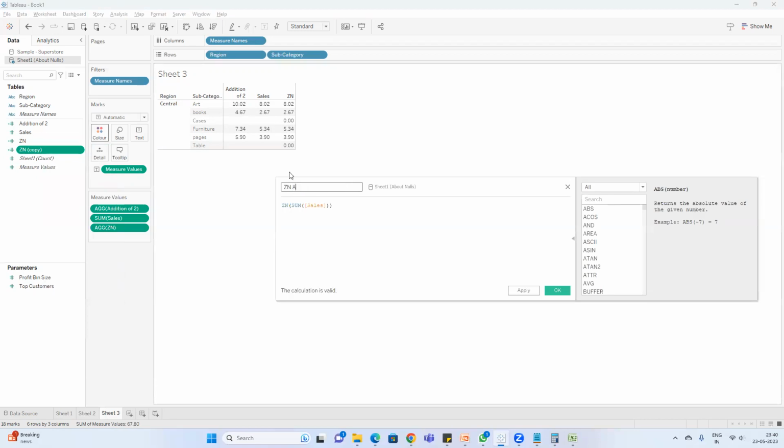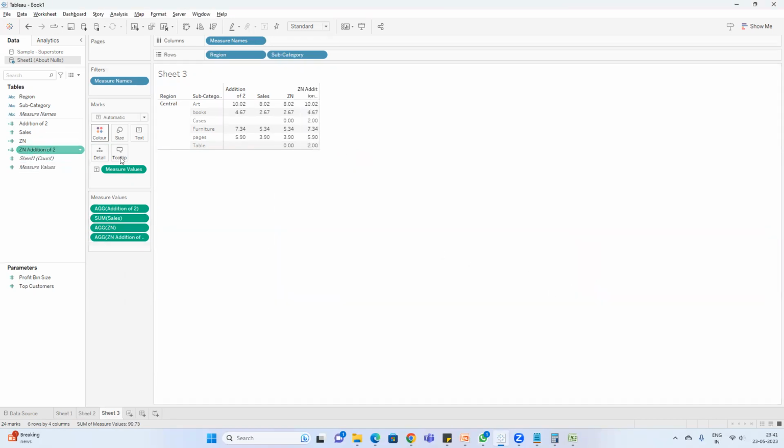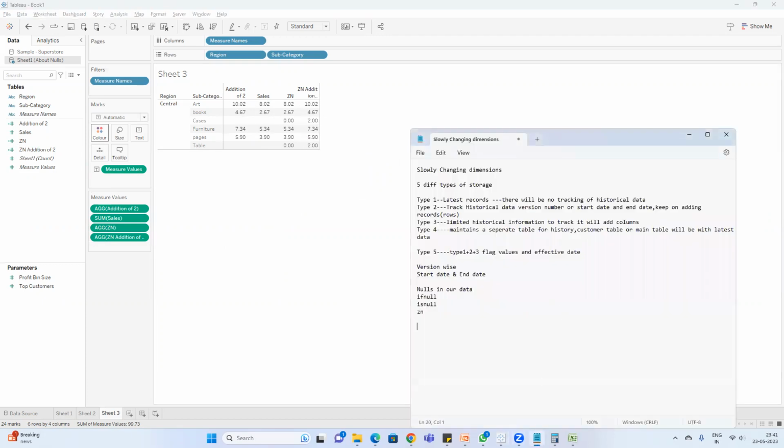So I'll add Zn addition of 2. So now I will add plus 2. Okay, so now I am doing Zn and I'm doing plus 2. So now in Zn what happens? I can see 0. So 0 plus 2, you will have some value, which is 2. Say okay. Yeah. So for this, you make use of Zn function so that you can convert null